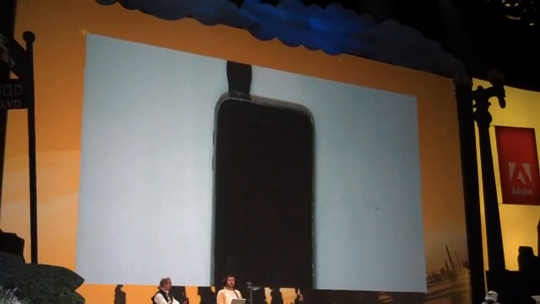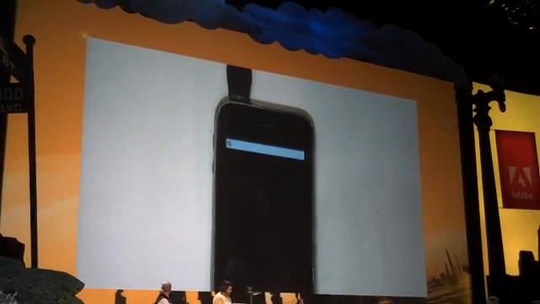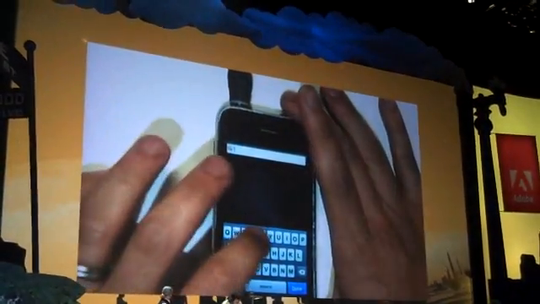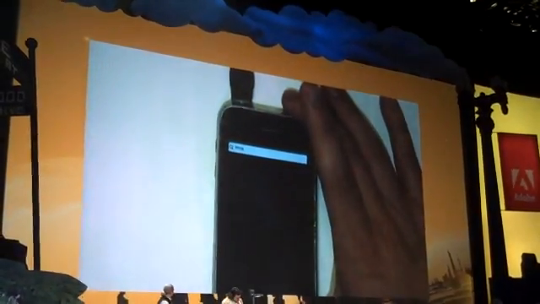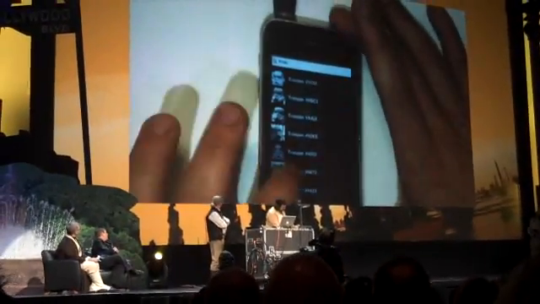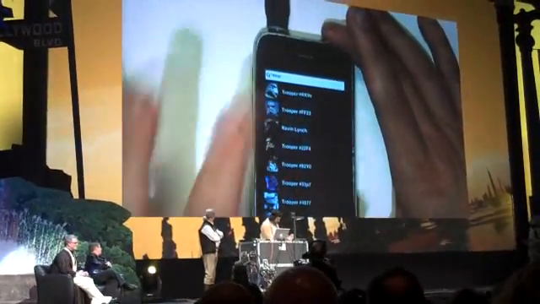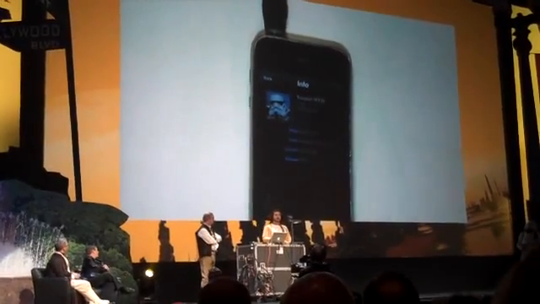Now this is the exact same code that you just saw running on my desktop over there. Starts up, takes a second or two. I'm going to go ahead and pop up the keyboard if I can hit it correctly. Type in my search. Up come my results. I'll go ahead and scroll this thing. Nice and smooth there. Let me pick a person and we'll animate in. And of course, because this is running on a device,